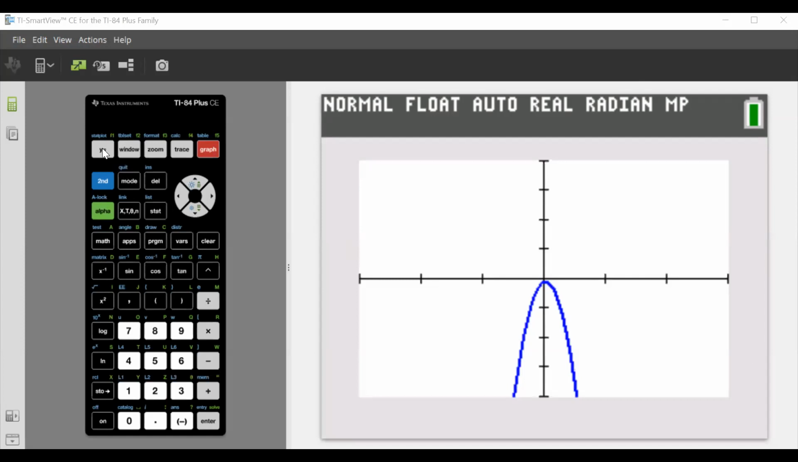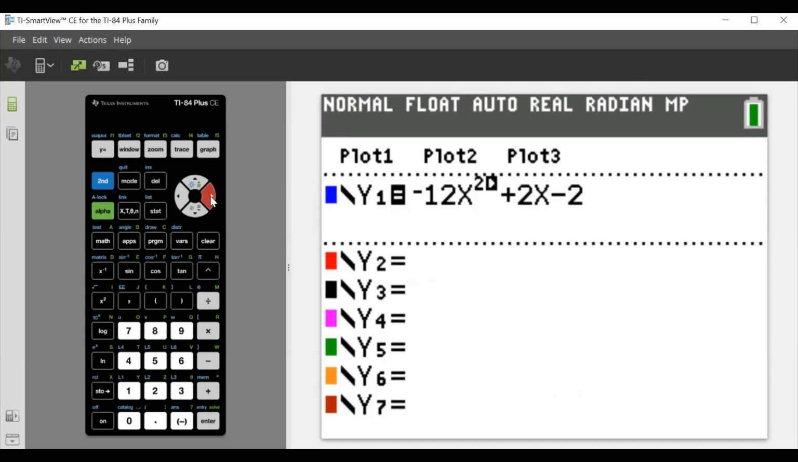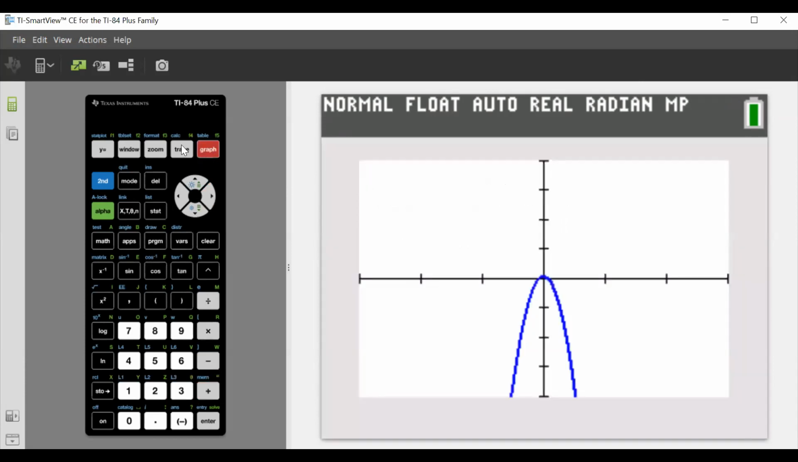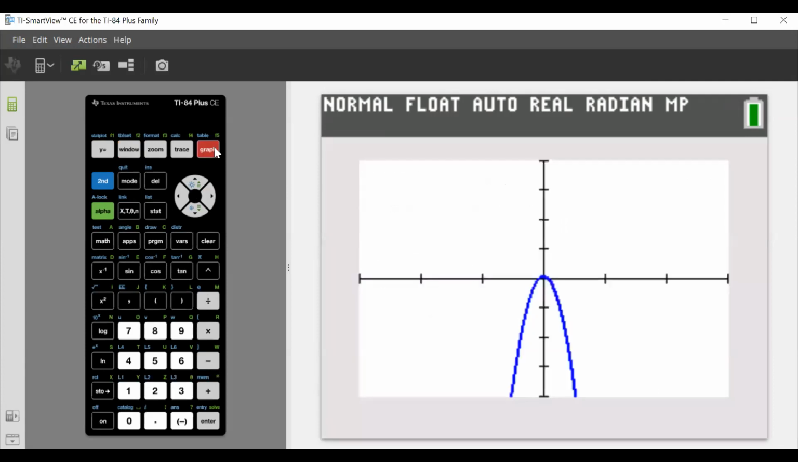What did I write? -2 + 2. Okay, so -2 + 2. All right, so my graph looks like I need to change my window. Let's say we have maybe